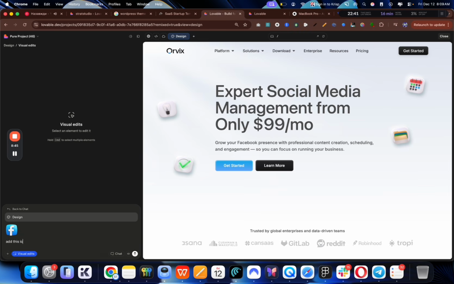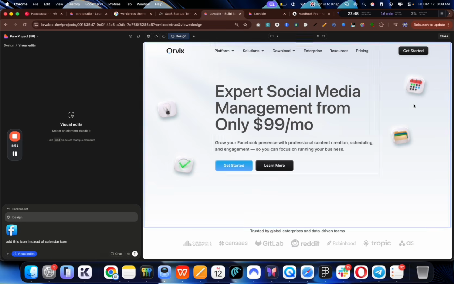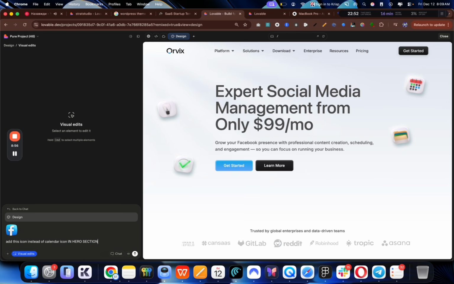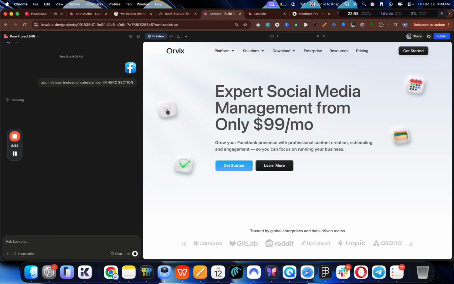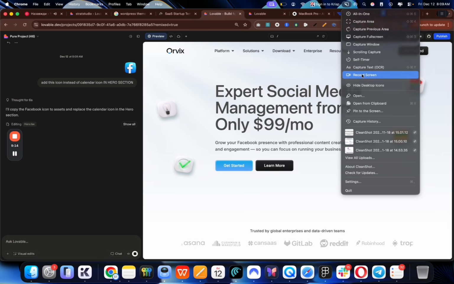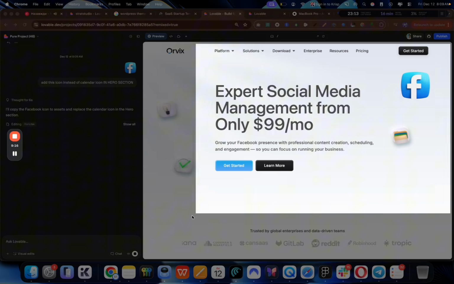Add this icon instead of the calendar icon in the hero section. I'm not sure if it's going to get it, because this is actually not an icon, this is just an image. So I'm not sure if it's going to update it. But just like that, you can also update the logo of the client, and then basically you have a hero section that you can then record a screen of very quickly